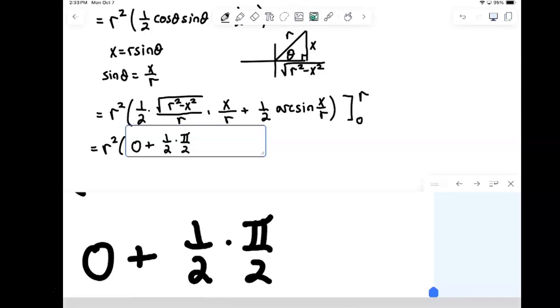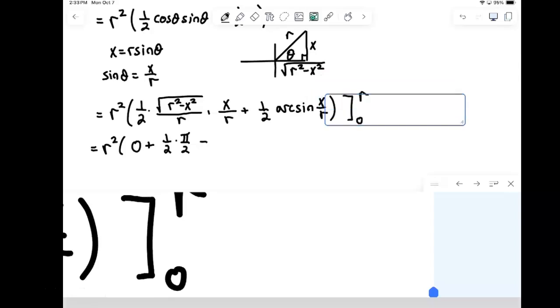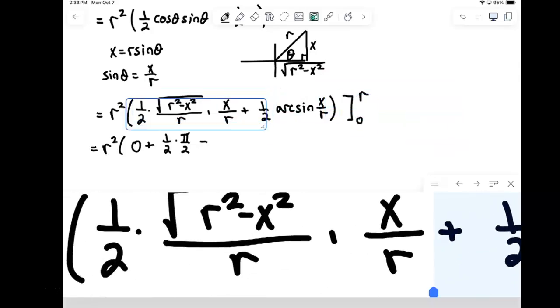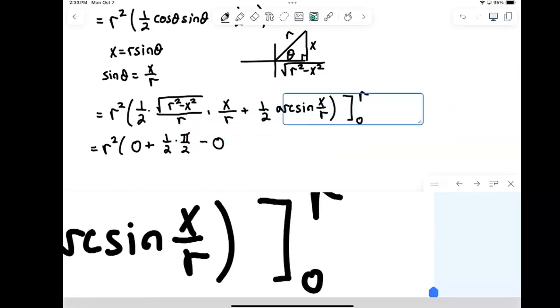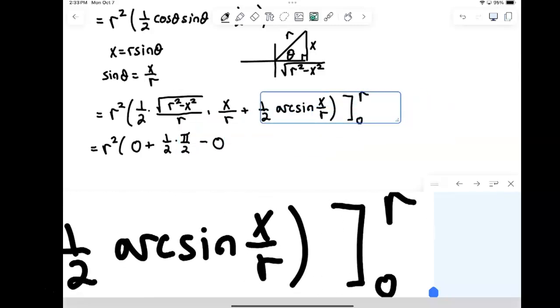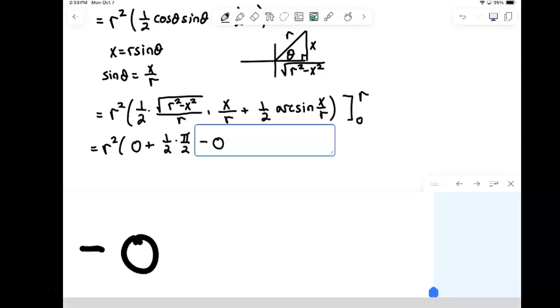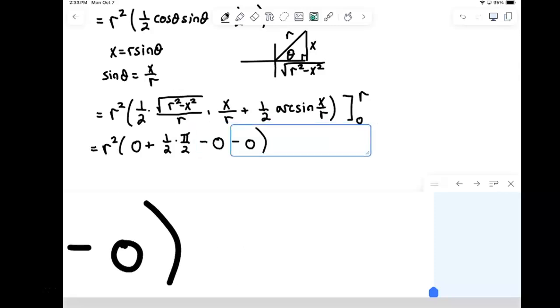Then we continue on, minus, we plug 0 in. For this piece, when I plug 0 in for x, that's going to be 0 over r times all that other stuff, which is all going to become 0. So that piece is all just 0. And I do arc sine of 0. What angle gives me a sine of 0? The answer is 0. So all those zeros get worked off, and we get that the area of that region is pi over 4